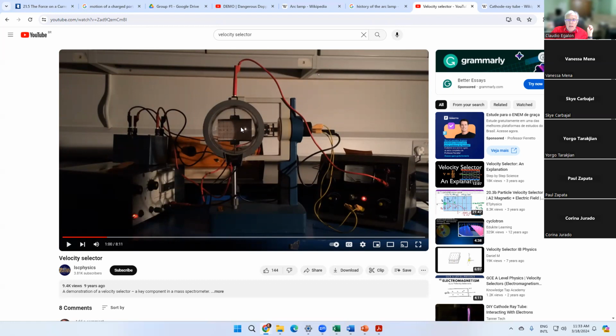The magnetic field is either into the... no, it is out of the plate, out of the screen in this case, okay? In this case, the magnetic field is out of the screen because we have an electric charge, a negative charge, going from the right to the left, okay? And because it's a negative charge, the magnetic force has to be downwards and the electric force has to be upward. You're going to see that.